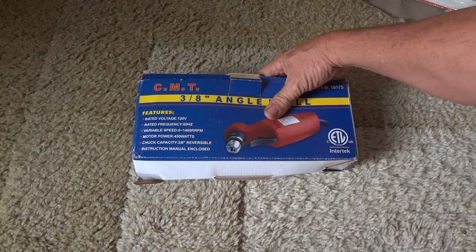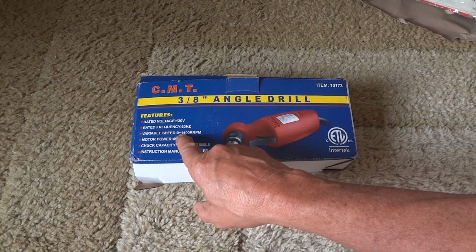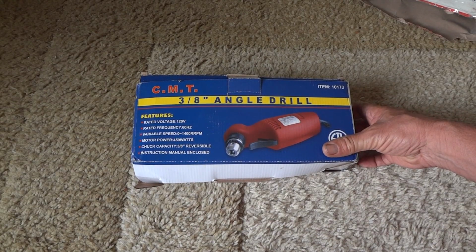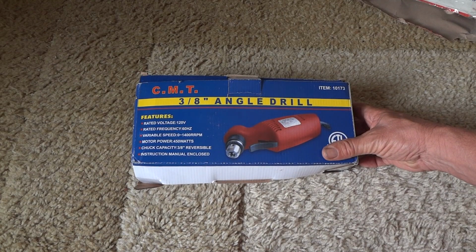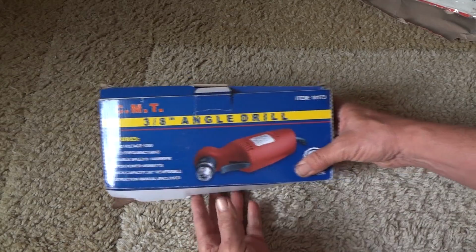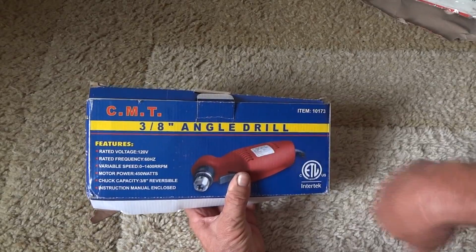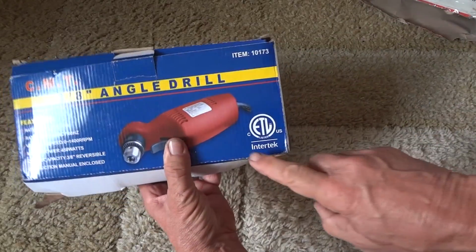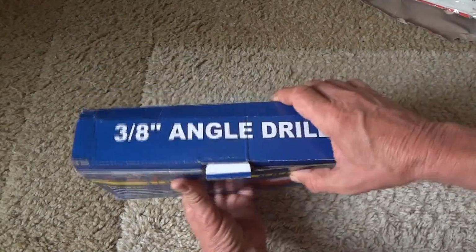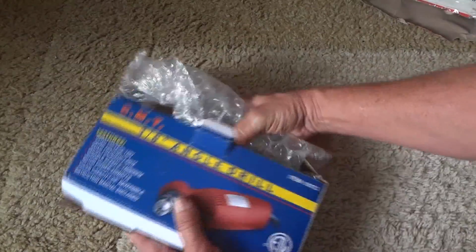But there it is. There's features: rated voltage 120 volts, rated frequency 60 hertz, and variable speed 1400 RPM. Motor 450 watts, and you get a 3/8 chuck with it and an instructional manual. It says item number 10173 CMT Intertech. I don't know, maybe that's the company's name, CMT, but you can buy these, like I said, on eBay. And as we open it up here,